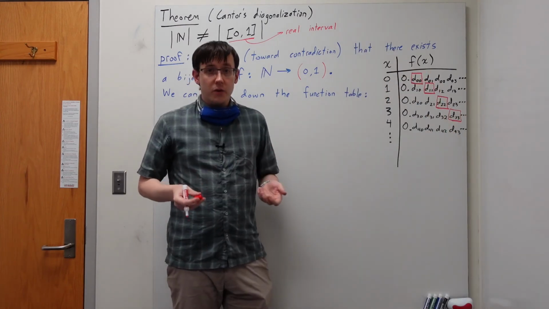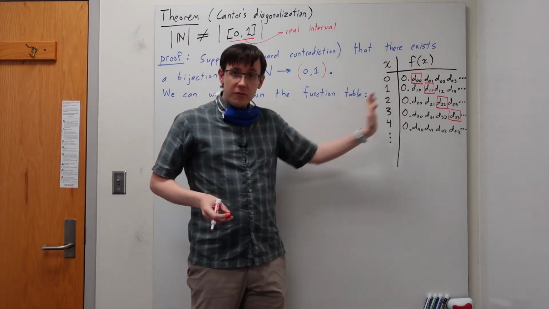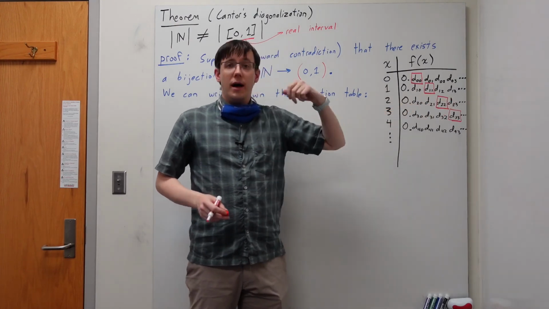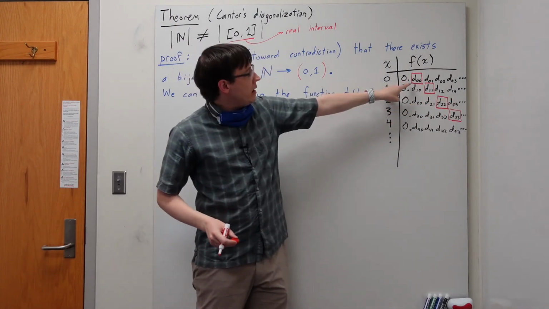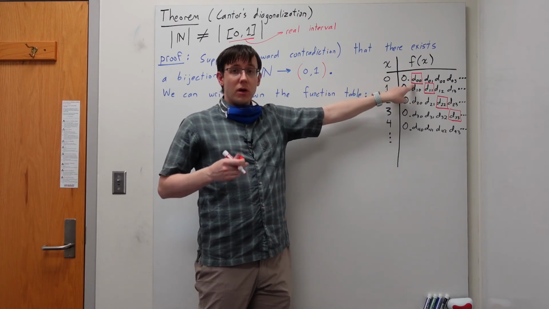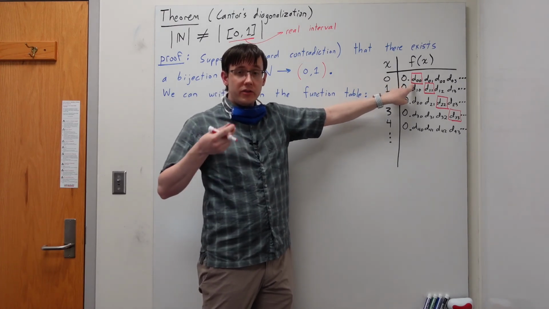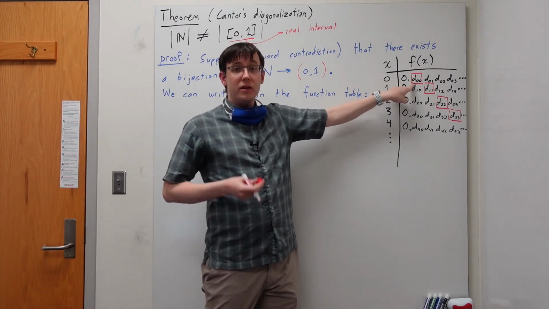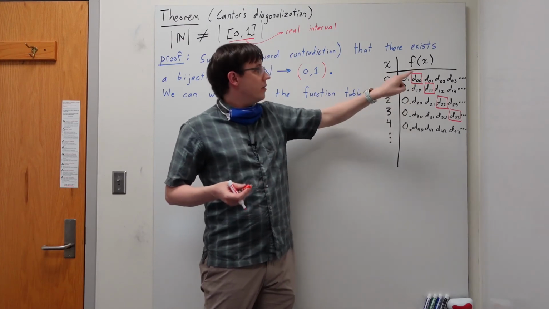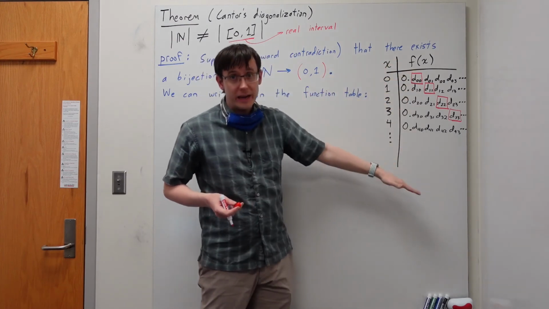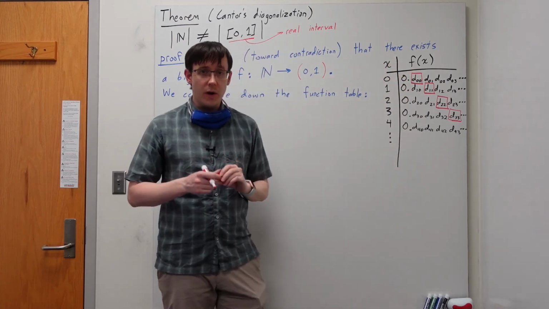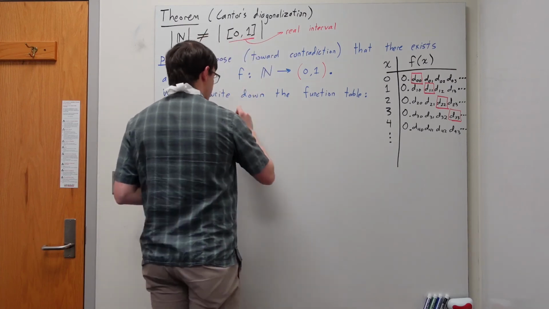Since our numbers have an infinite number of digits, I can make a number where the ith digit of my number is different from the ith entry in this table. So I will construct the number